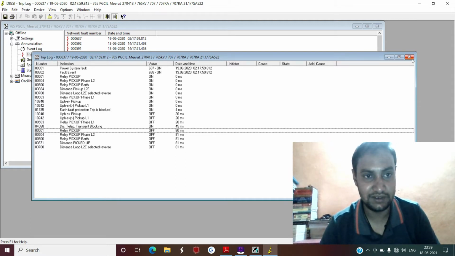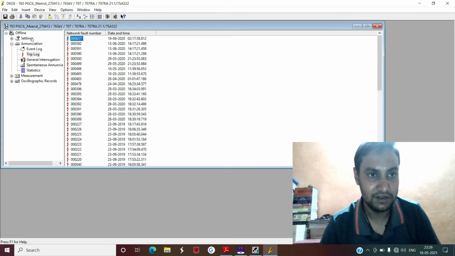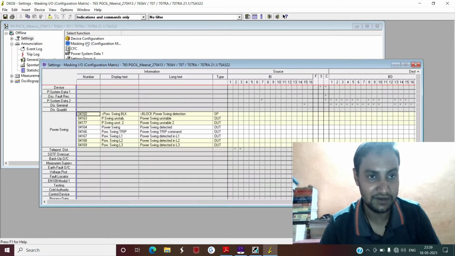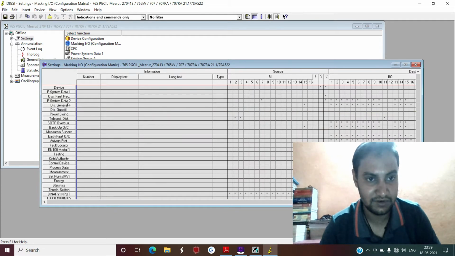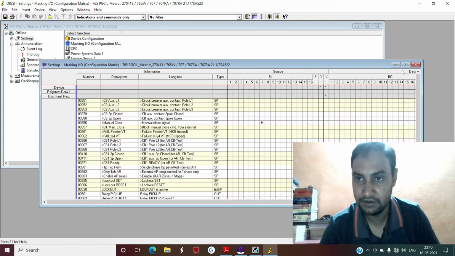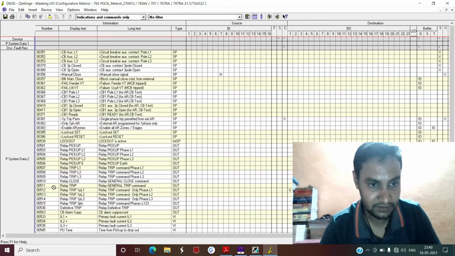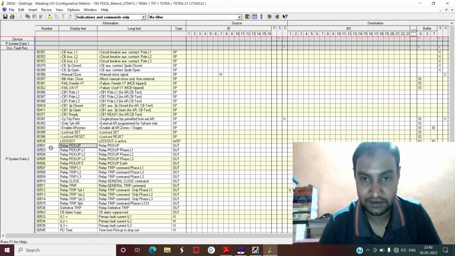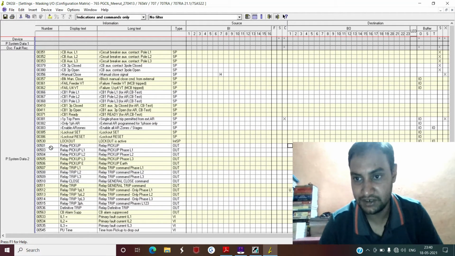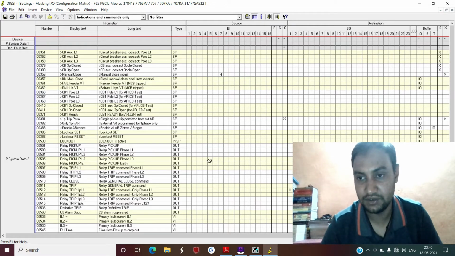So if you see, this is 00501. Now 00501, if I remember correctly, it must be configured somewhere here. And this is your 00501, and just go to this side, and here you see the signal is configured as IO.